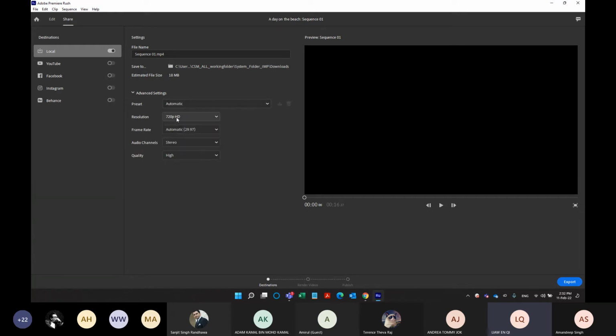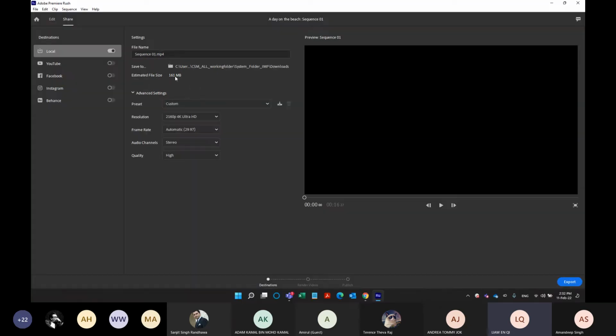Do you want a full HD? Do you want a 4K video? What is the level of video quality you want? And it will also show you the size in megabytes of what you can estimate. So maybe the size is too much. Maybe you want to just go back a little bit on the resolution and then see which suits the best. And of course, you can change the file name. Day on the beach. And then, yeah, either you can just stick to that, or what you can also do is